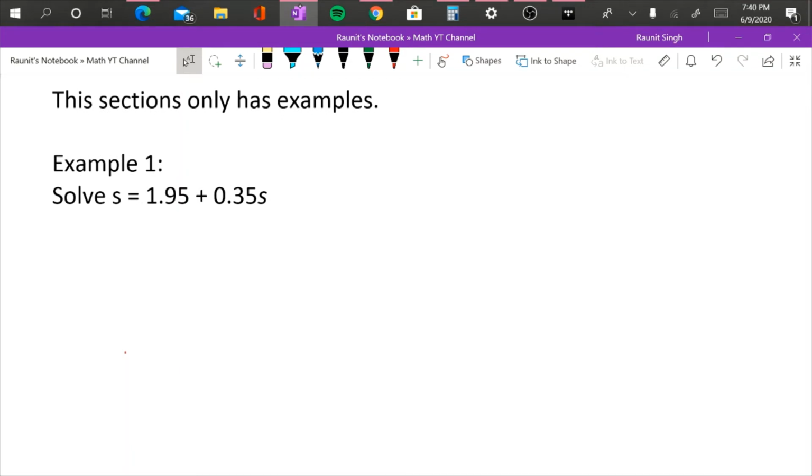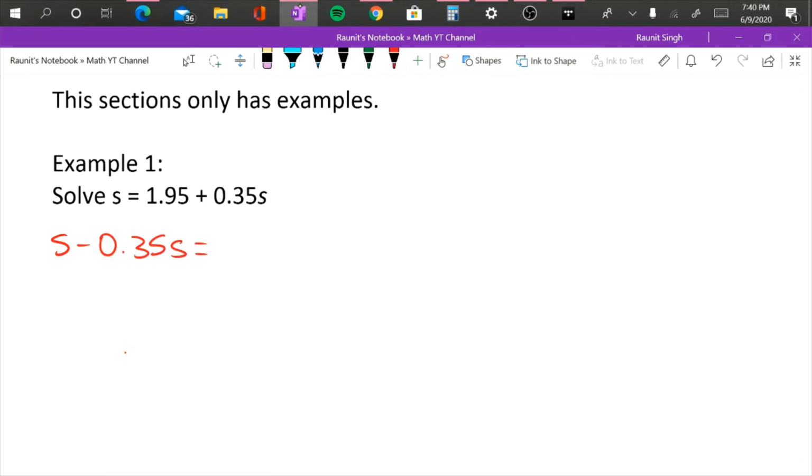Solve s equals 1.95 plus 0.35s. So what we gotta do is bring the s's to one side and keep the numbers on the other side, just like we did in previous times. So we're gonna subtract 0.35s from both sides to get s minus 0.35s